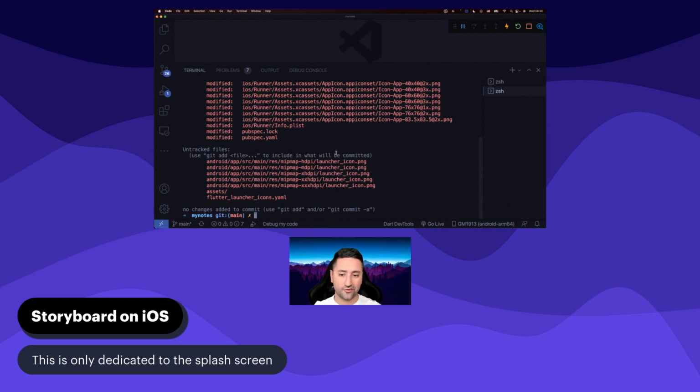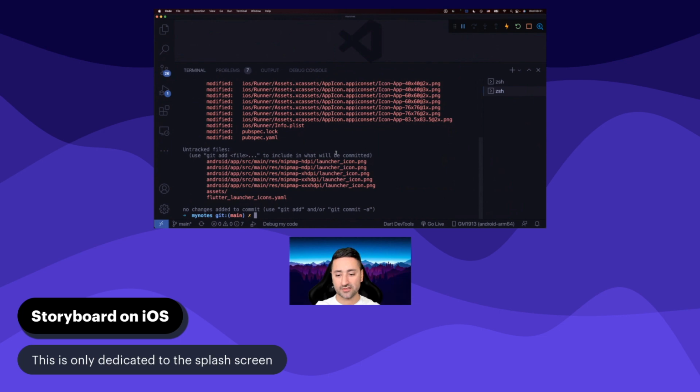And there is a specific file called, I believe, LaunchScreen.storyboard. If you're not comfortable with native iOS development from before, I can just explain that a storyboard file is a file that Apple designated for developers to be able to visually design their application and then write the code for it later. And Apple has decided that for specifically the launch screen, for instance, that gets displayed to the user, there should be a dedicated